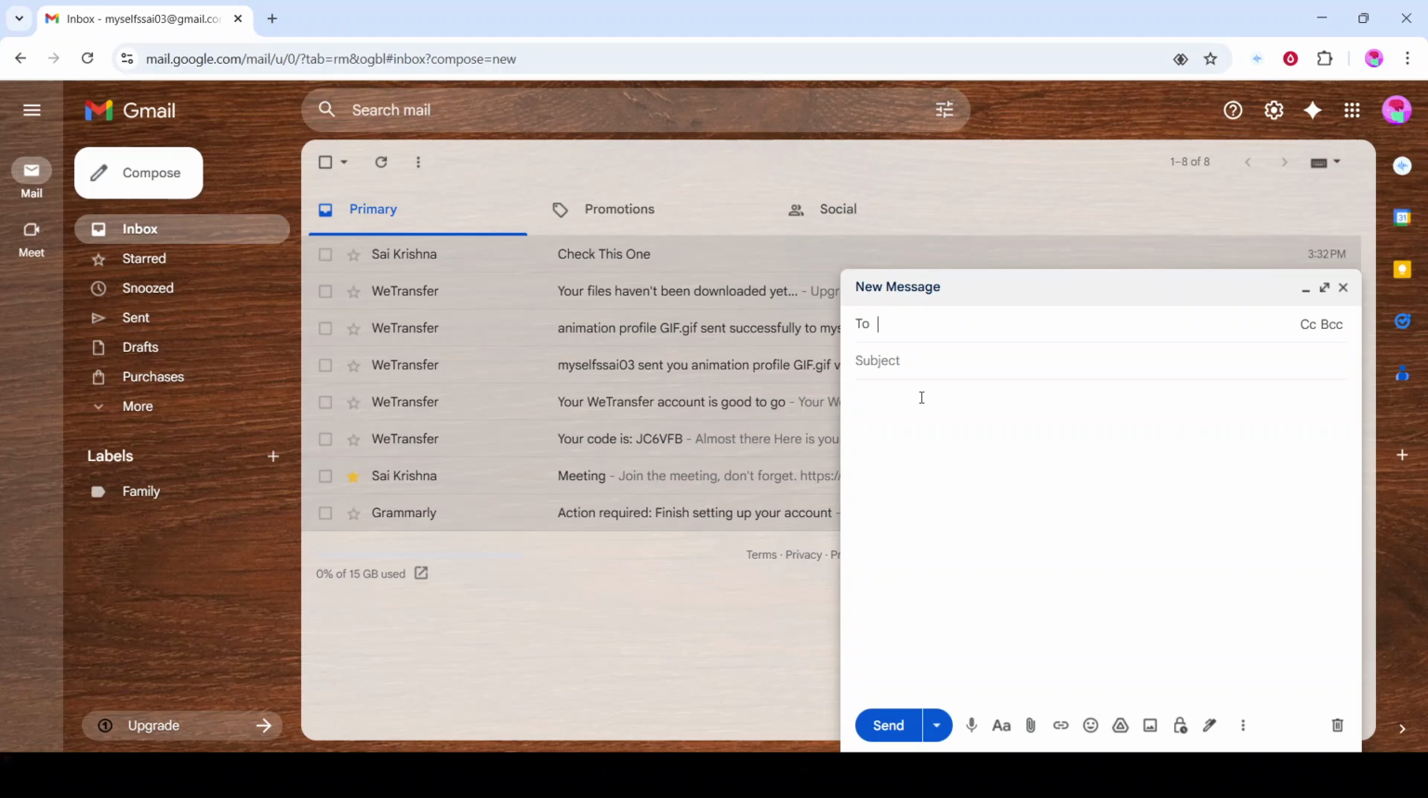In the To field, enter your own email address. This does two helpful things: it gives you a copy of the message for your records, and it helps ensure the email has a clear primary recipient. Some spam filters are less suspicious when the To field isn't empty, and you'll always have the message on hand